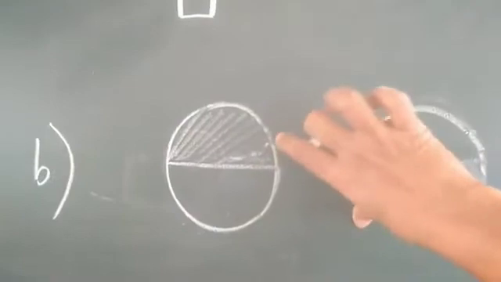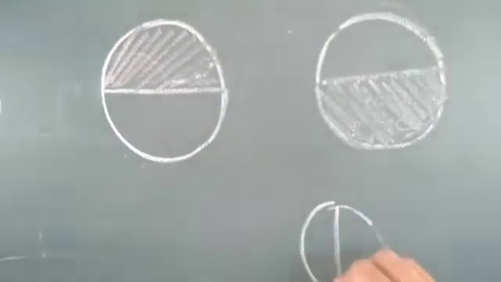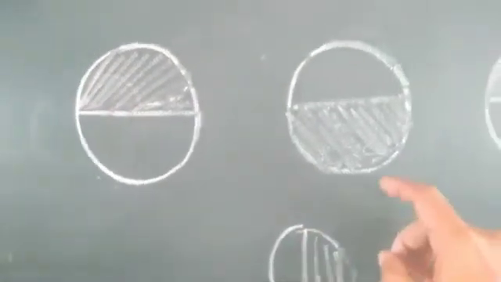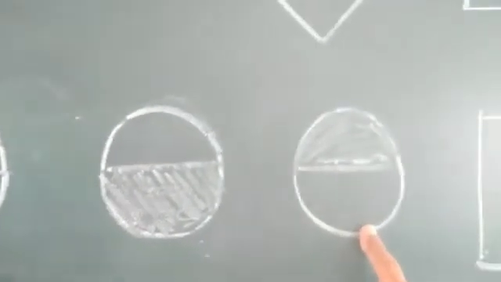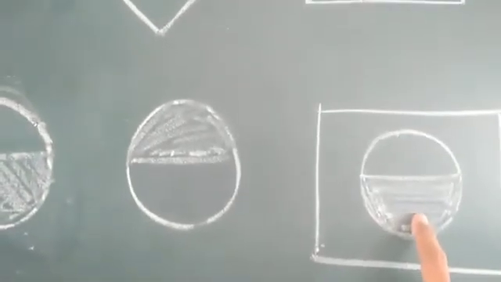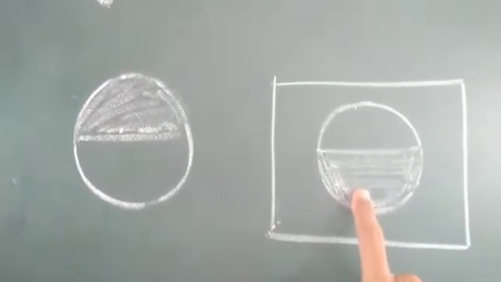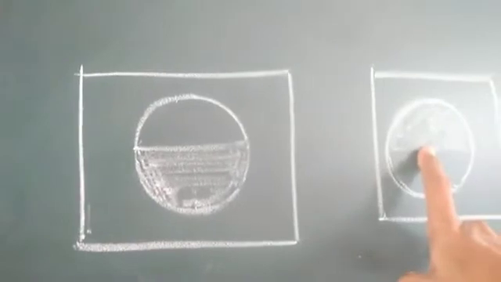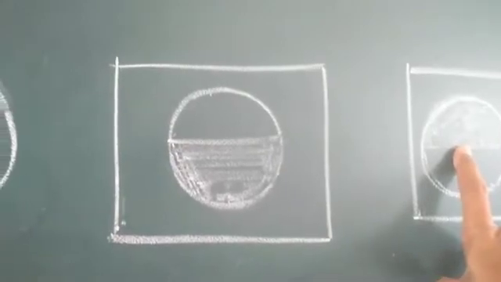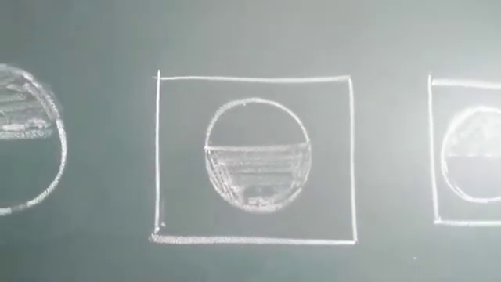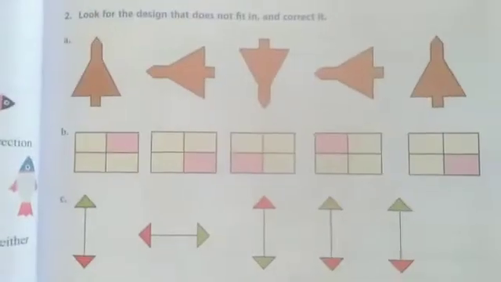If it is turning a quarter, you will get the shaded portion like this. That means we will get a shaded portion like this, but it is a half turn. Okay. Again a half turn, next figure. Again we have to complete the figure in the box. Then again a half turn we will get the shaded portion below. Next one is the shaded portion above the line. Okay. So this is the way you have to complete the pattern. Very simple, but identify how much you want to rotate the figure.